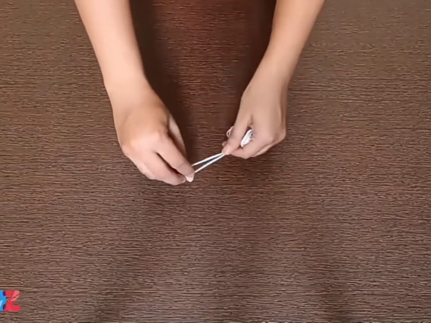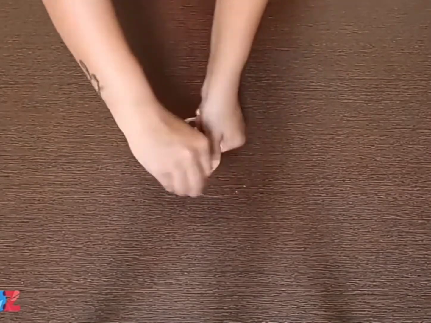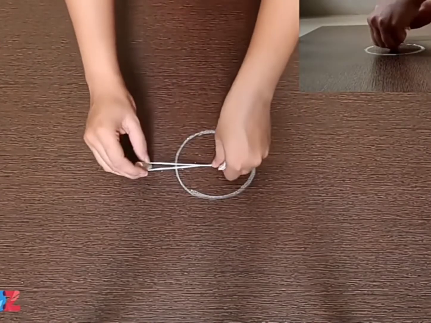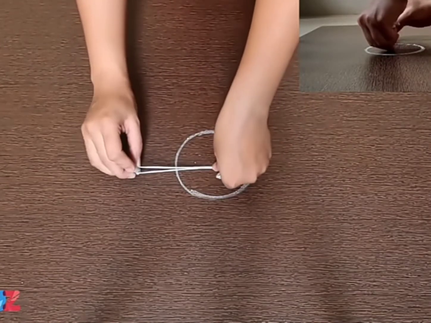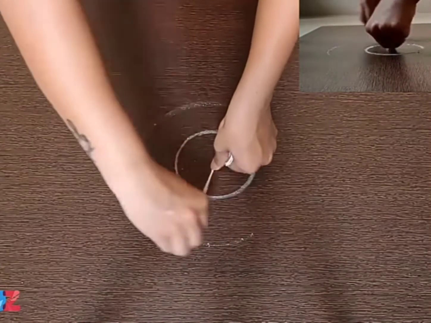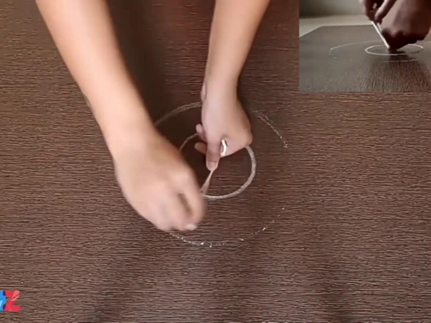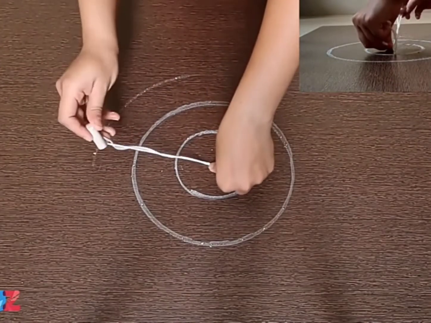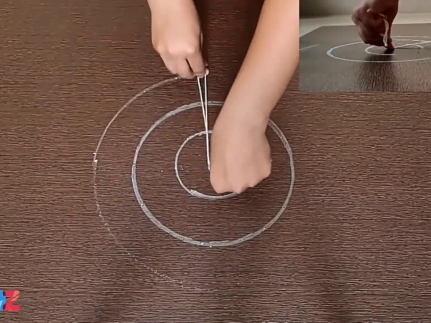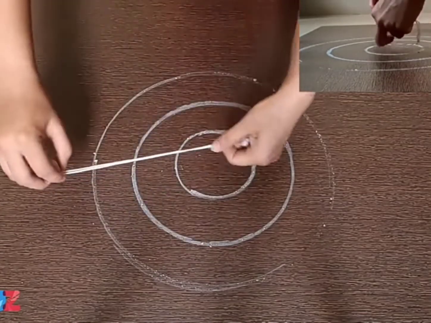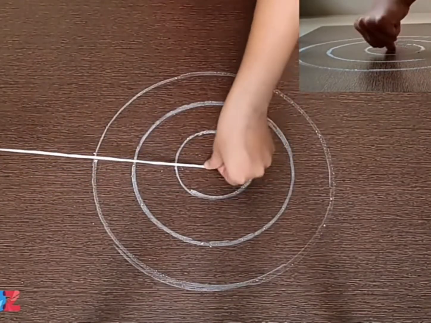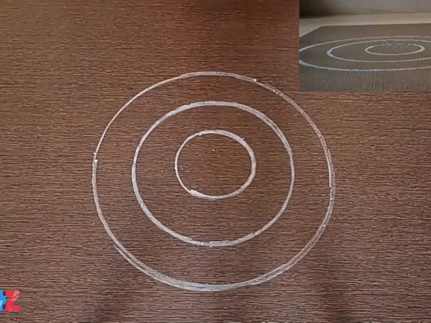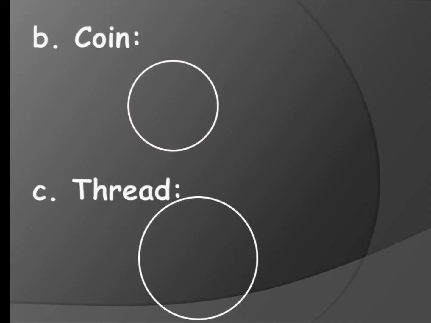Okay, and to the oval shape, at the other end, you have to place your pencil in that way, and you can hold the fixed point with the help of the thread like this, and with the pencil you need to draw the circle like this. Okay, with this, at your wish, you can take any length and you can draw the circle. So in this way you can draw a circle using the thread.